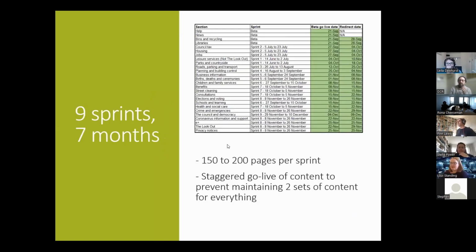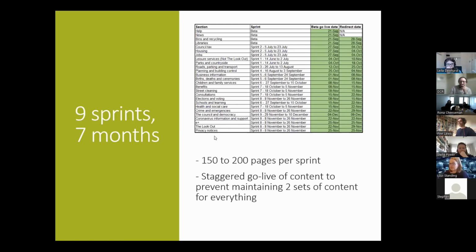So we had about 7 months to move approximately 2,000 pages of content. And we did that through 9 sprints. So we manually did that. And you can see here, I went down the spreadsheet route. So I used a lot of spreadsheets. I really like the Miro option, but for me, just to keep track of everything, because we were doing this so quickly,